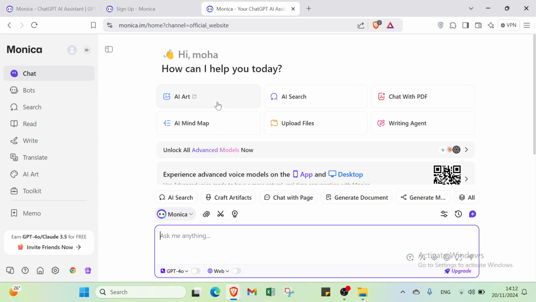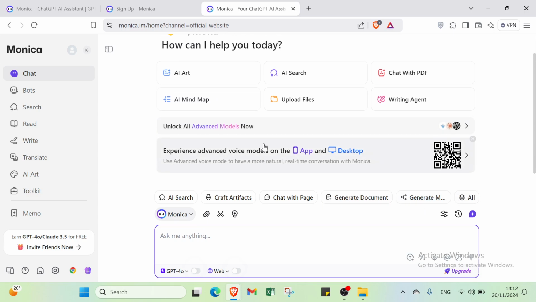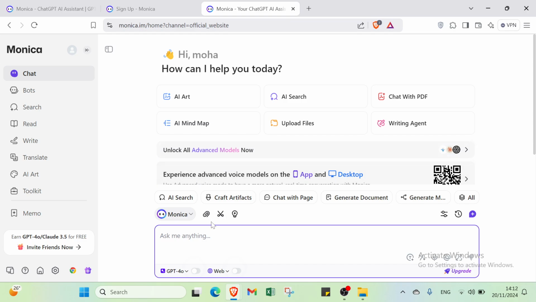Alright, so we have various things to know about this platform. It's not like ChatGPT and this kind of AI. This one is better because you can also choose, for example, if you want an AI search, craft, artificial, chat with page, generate document, and we have various things. Let's discover together. So first, let's just ask for something, for example,